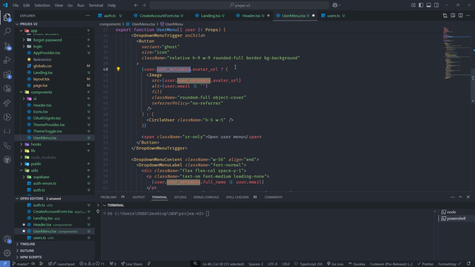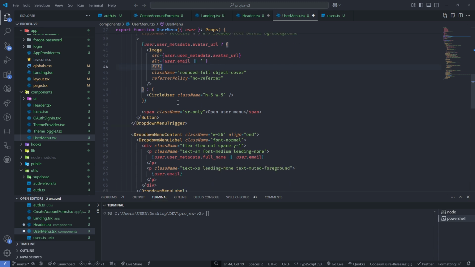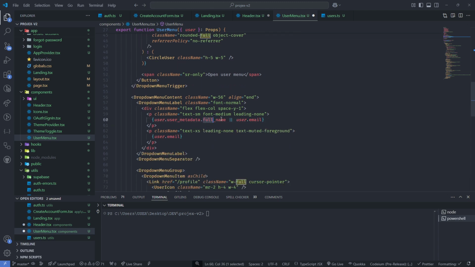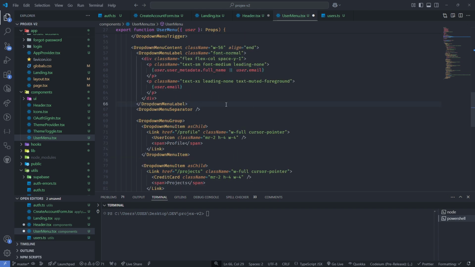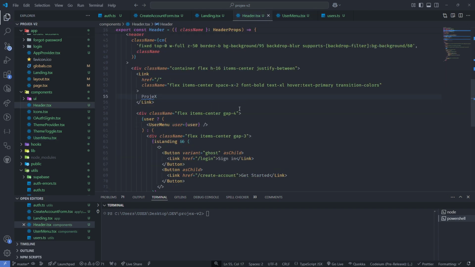Whenever a user signs in with OAuth, the avatar URL is going to be there as well. So we can get it from here, and then we can also get their email from the auth, right? So down here, as you can see, we are getting their full name. If not, we are getting their email, and then we put their email here as well, right? We get the user email. So once we save it, let's save the header as well,